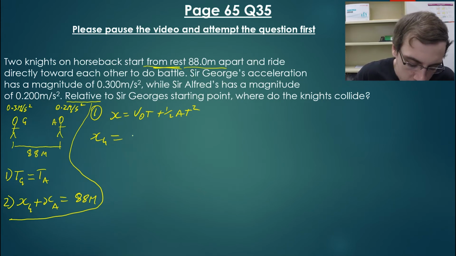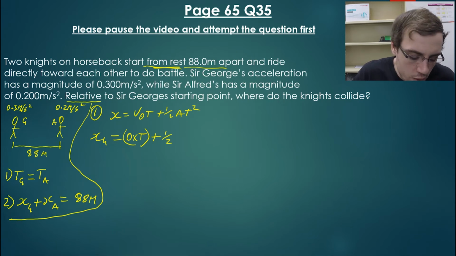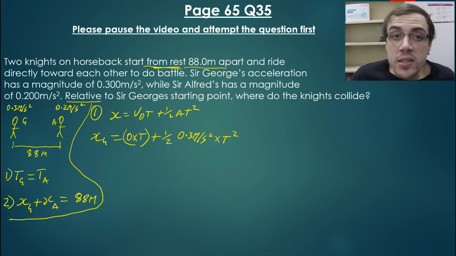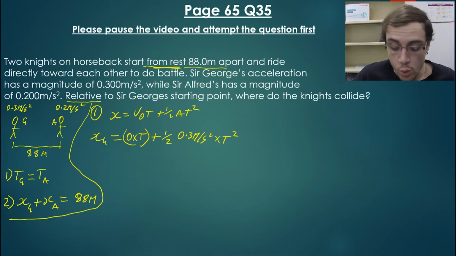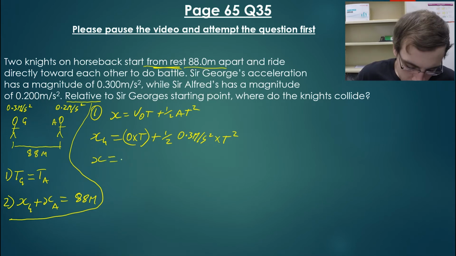So we have 0 times t, because we don't know time, plus 1/2 a, we know is 0.3 meters per second squared, times t squared. So we can further simplify this: 0 times t is going to be 0, and 1/2 at squared. So we know that 1/2 of 0.3 is going to be